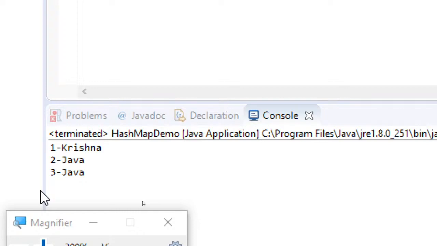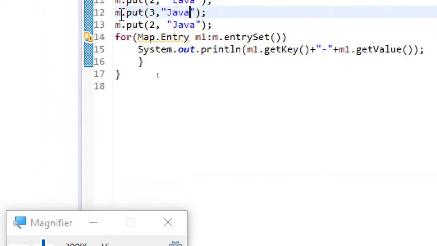And another thing is you cannot have null values with tree map. That means keys cannot have null values, but for values you can have null values, no restriction, because values are normal things which you can have null or duplicate anything, but keys have to be unique, and no null values are allowed for keys. So these are the points you just need to remember with regard to maps. And hash table also we have already seen.